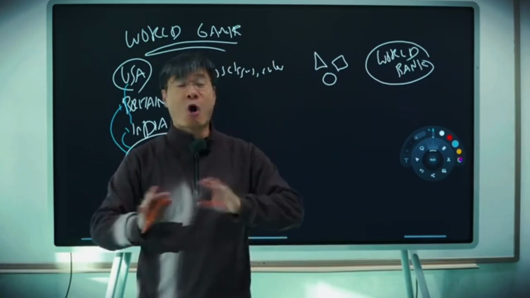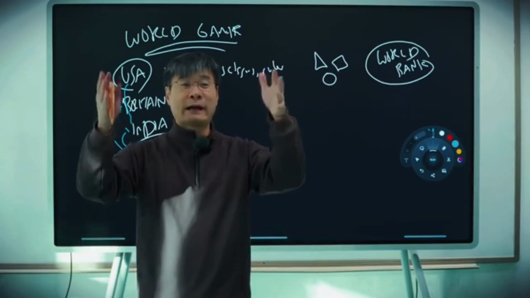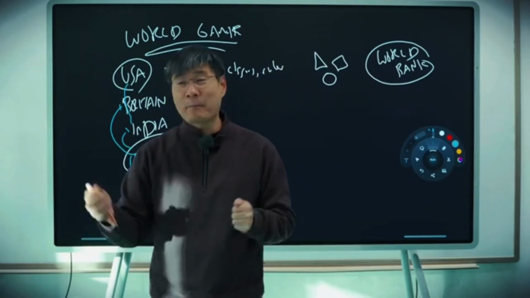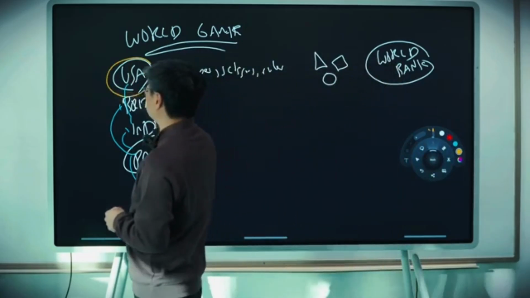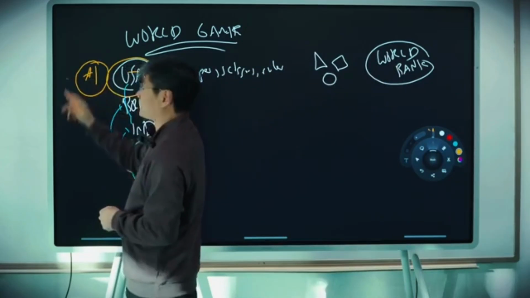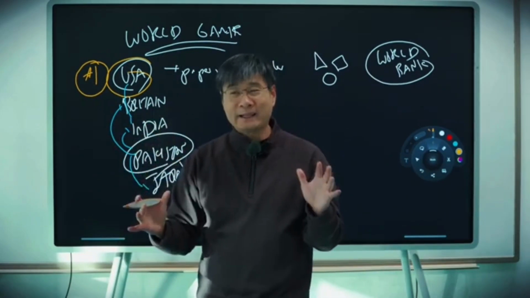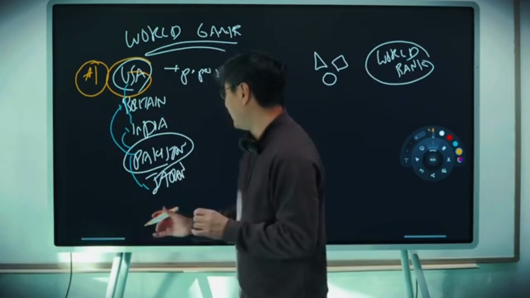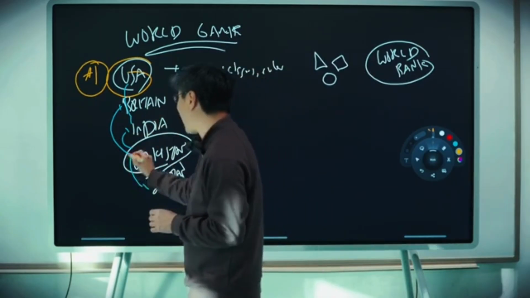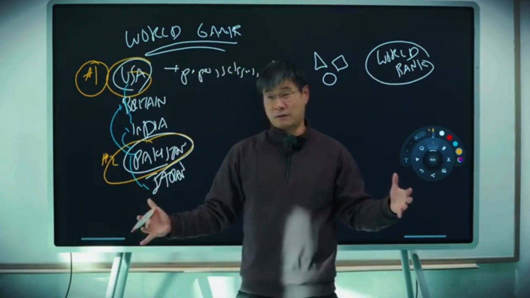Usually what happens, I'm not saying all the time, but I've seen this happen a lot. At the end of the day, you look at who are the wealthiest countries in the world. Well, the United States becomes number one. Why? Because the United States just has everything in the world. It is the wealthiest country in the world. It has so much resources. But number 2 is interesting. You would think it would be Japan and Britain, but it's actually Pakistan, the country that starts out with nothing at all.